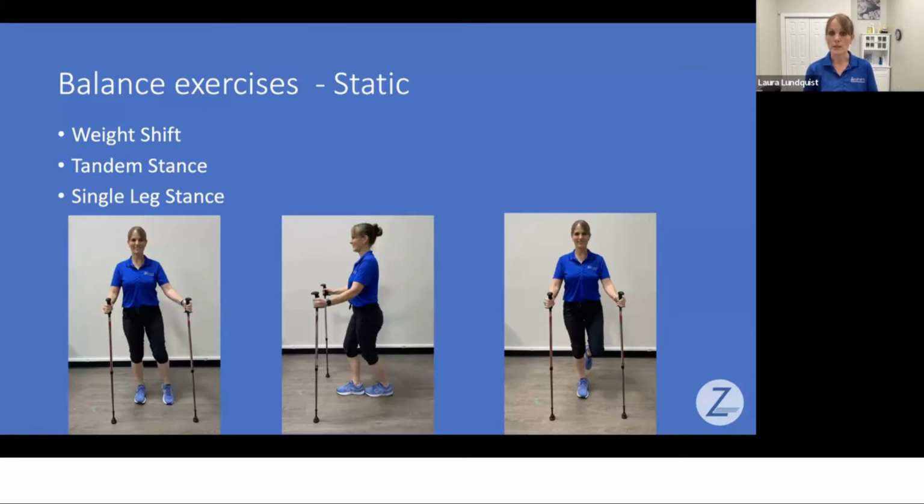So this tandem stance position where we've got one foot in front of the other, so that heel to toe position, just holding in that position. Also love in a static tandem stance to sometimes add a little bit of head turns. And so when you've got the poles there, it might be a little safer to do that, you know, for any healthcare providers who are thinking about incorporating this into their practice. Sometimes when we get people adding in those higher levels of difficulty to those exercises, it can start to be a little more risky for people to be doing on their own. And so by adding those poles in, perhaps that's the thing that makes this exercise safe and accessible for someone.